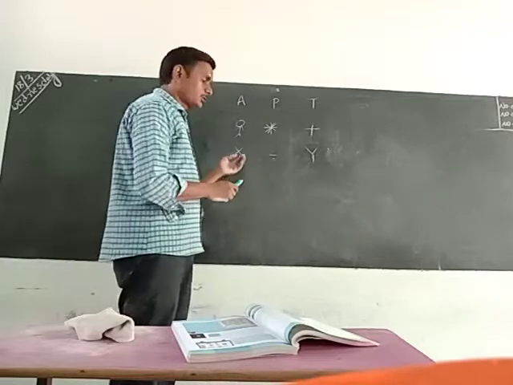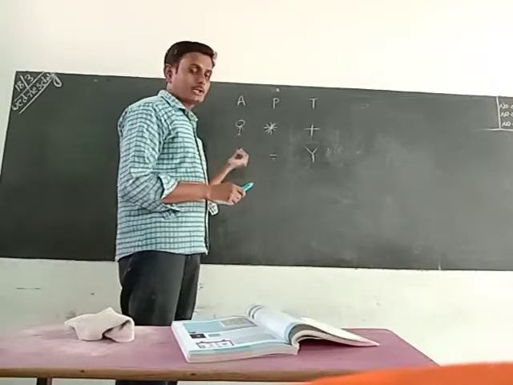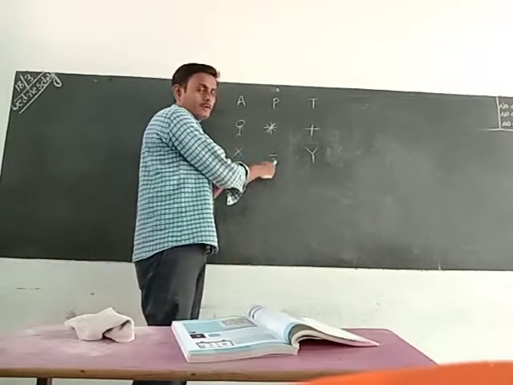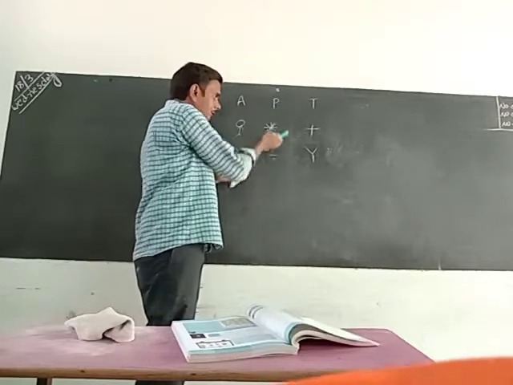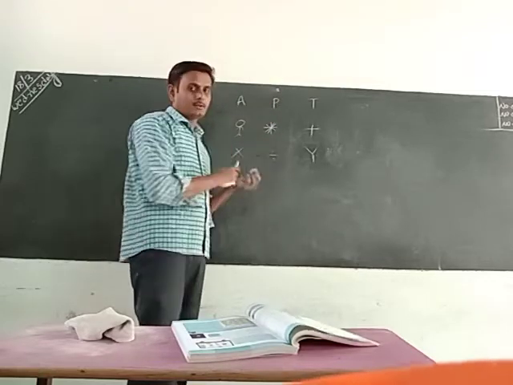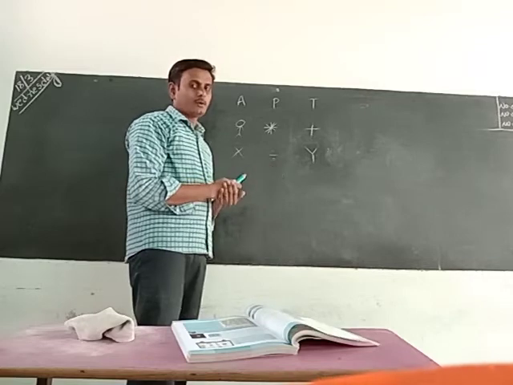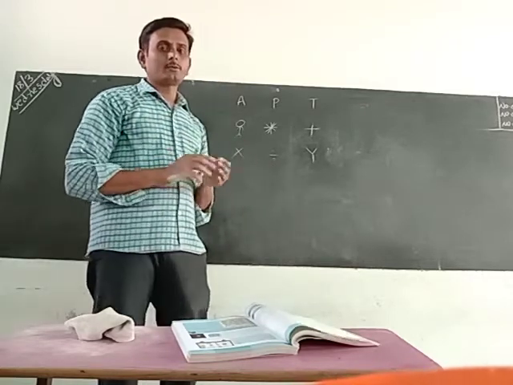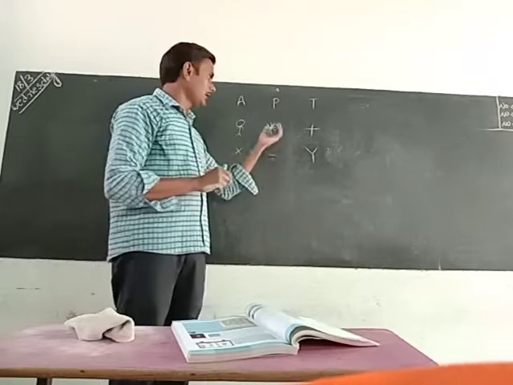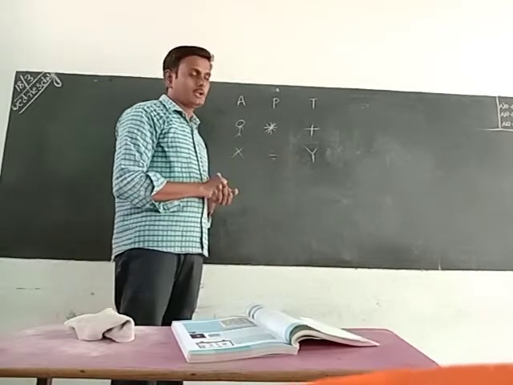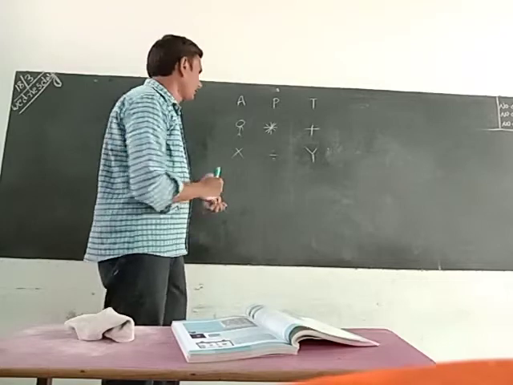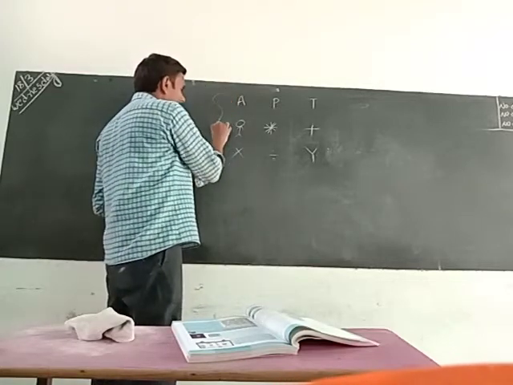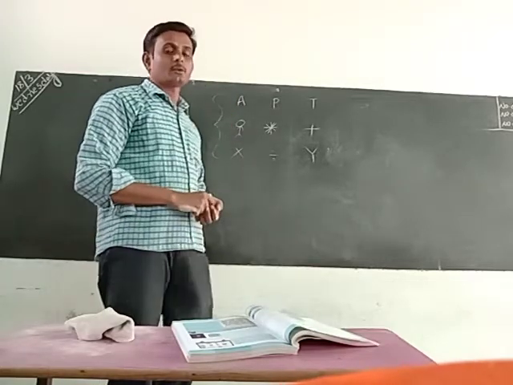I asked two members. One member said second place. One member, looking from top to bottom, said third place. Are both the same? No. So to correct that, we have to identify the location of each letter. To identify the location of each letter, first we have to learn the rows and columns.